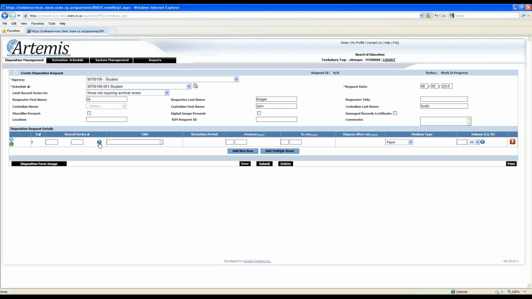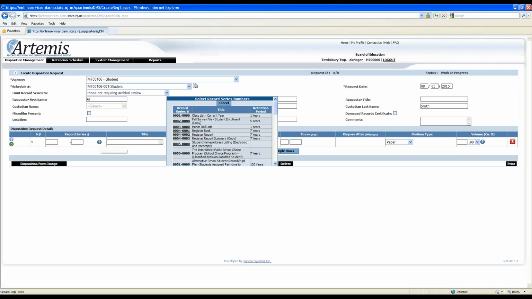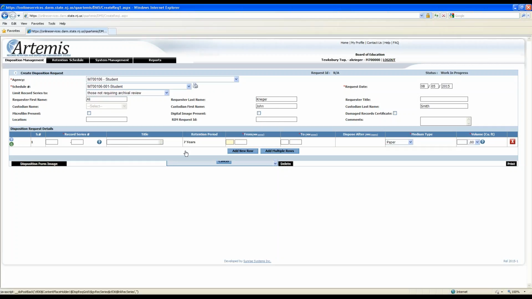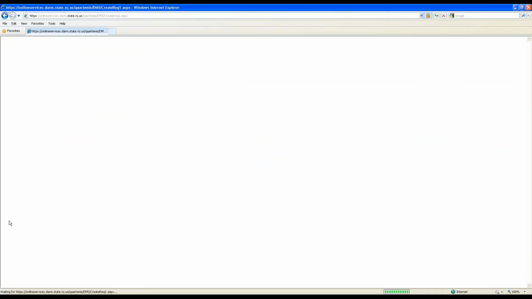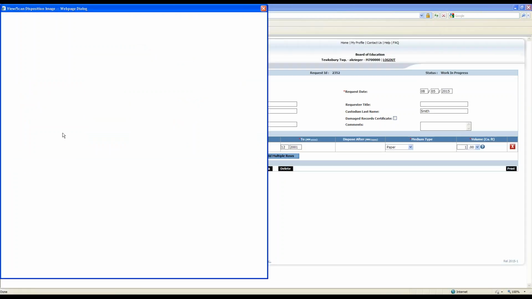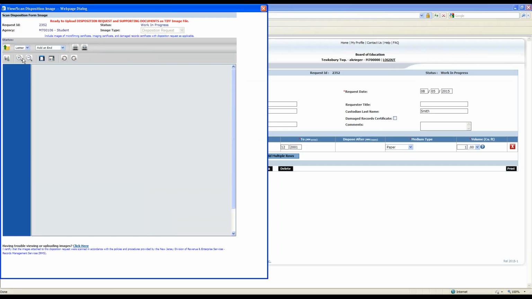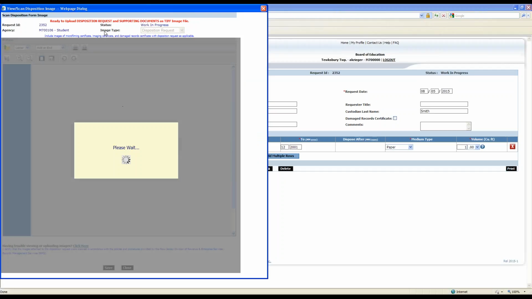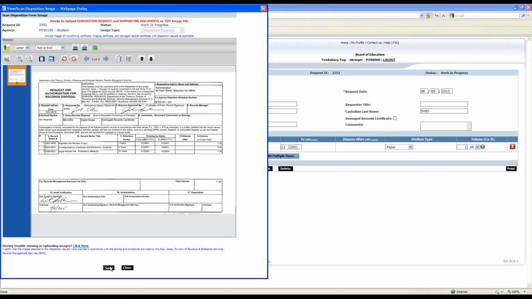I just want to do one more disposition request real quick here as we're going through this. Just want to show you something. Okay, I'm going to save that. I'm going to upload my form, and then I'm going to submit this second one to the state as well. And then once I submit this, I have to jump on another system to approve these forms so you can see what happens when they come back. We're getting close to the end, so bear with me a few more minutes, and then I'm going to answer some questions as I'm working on this.